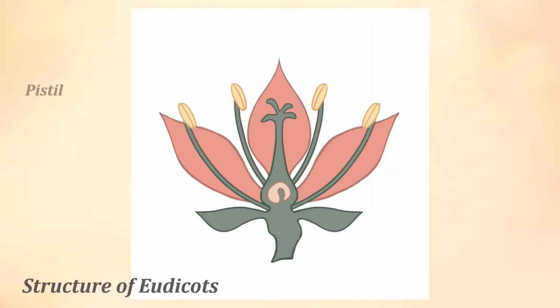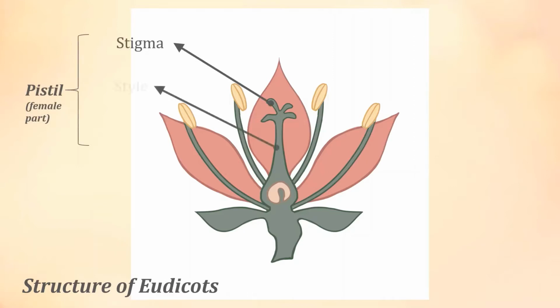perianth. The female part of the flower is referred to as the pistil and is composed of the stigma, the style, and the ovule. The stigma is the receptive tip of the pistil that is responsible for catching pollen. The style is the tube-shaped connection between the stigma and the ovule, which elevates the stigma to help catch pollen. And the ovule is the structure that contains the female reproductive cells, where after fertilization it will develop into a